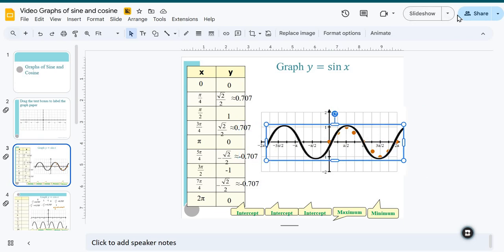Alright, so I've adjusted mine a little bit. It's not perfect, but hopefully we still get the idea that we are connecting all of those dots and that we get this different little